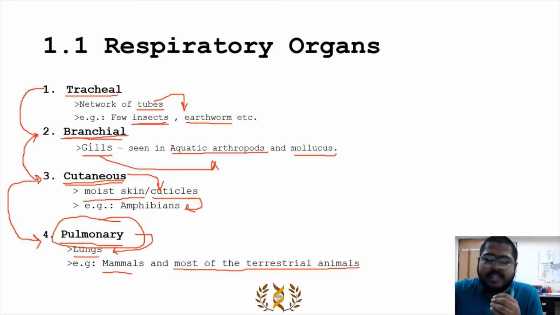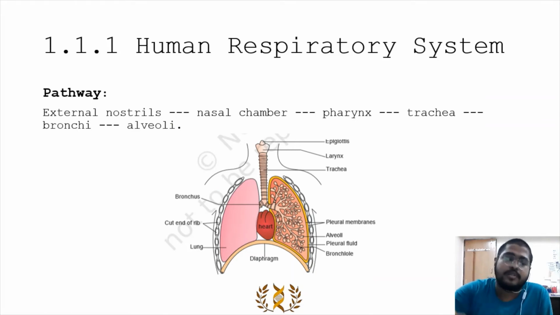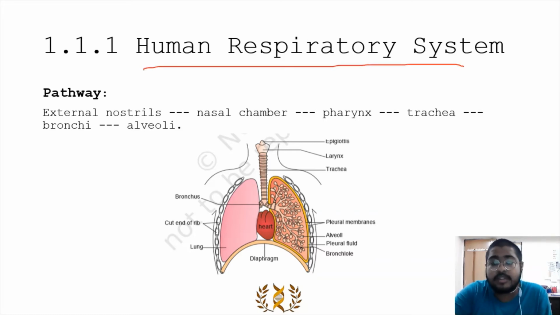So let's get started. The subtopic, which is 1.1.1, is about the whole human respiratory system. Now, that is a very vast topic. It has lots of points, but we'll be focusing on the most important ones, which are the questions directly asked from it. One of the first questions asked from this huge topic is about the whole pathway of the human respiratory system. There are various options given, and you need to pick the correct one. People have a lot of doubt in this section, but we will be going through it.